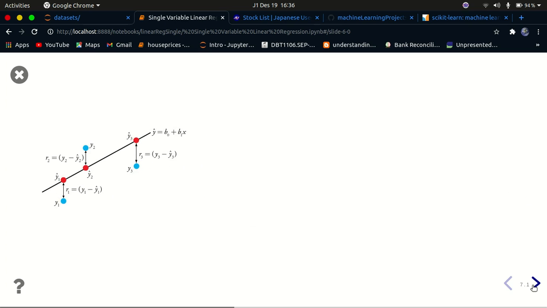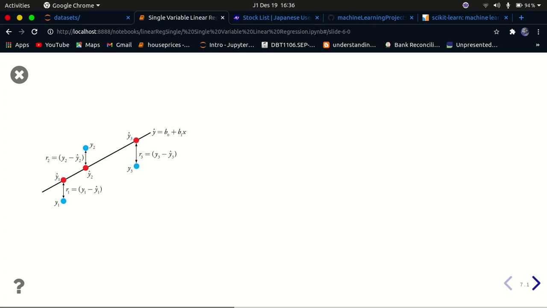To understand this, we'll first look at something known as residuals. Let's imagine that you have these blue points on the Cartesian plane, and then you draw the best fit line, which is the black line. You draw a vertical line from the points to the line, to touch the line. The points on the line are known as the predicted values, and the y are known as the truth values. A residual is the difference between the truth value and the predicted